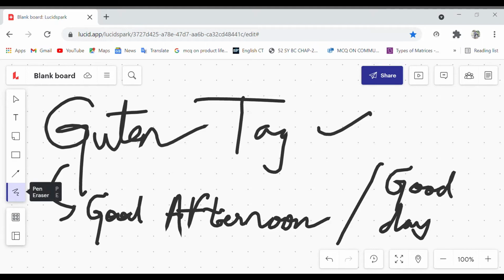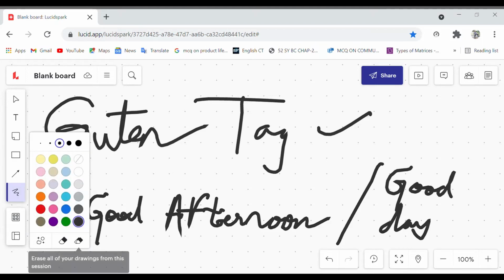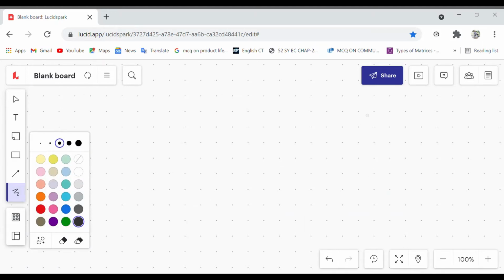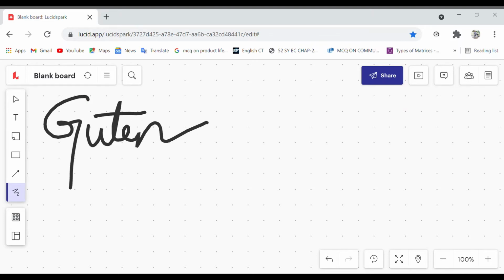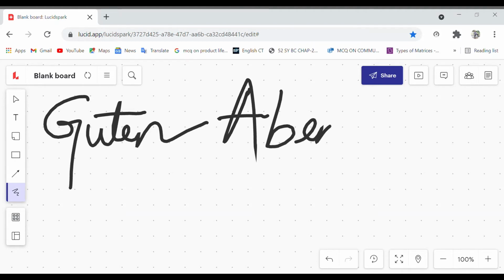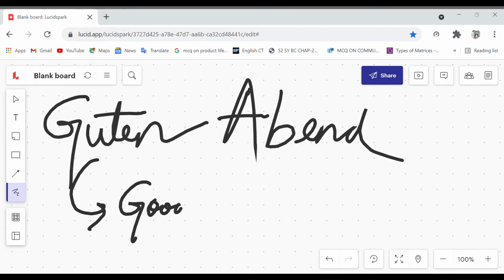So next comes good evening. The word for good evening is Guten Abend, which is good evening. So Guten Abend is for good evening.